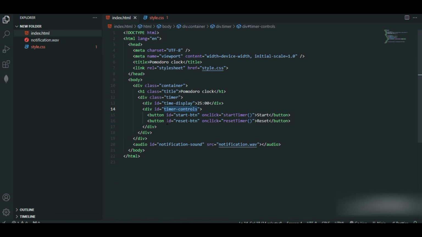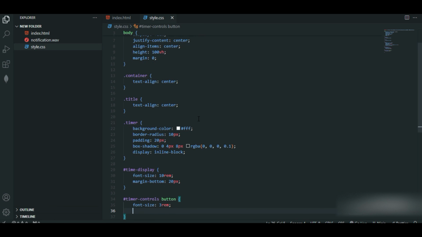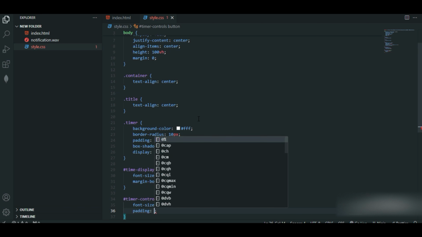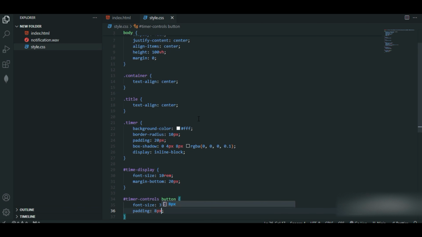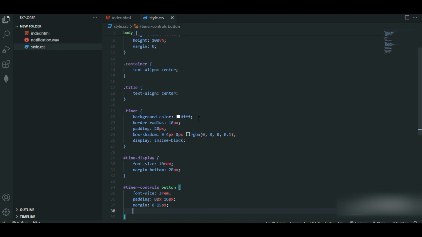I'll give font size of 3 rem and padding of 8 pixel and 16 pixel, margin of 0 and 15 pixel,